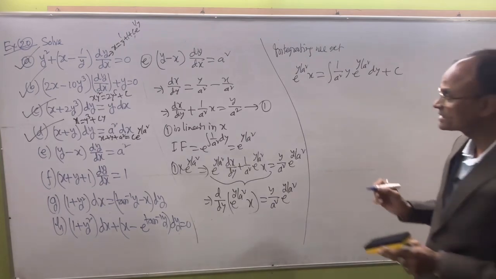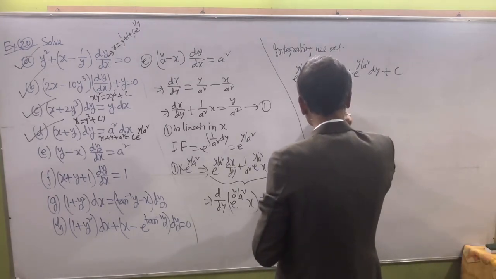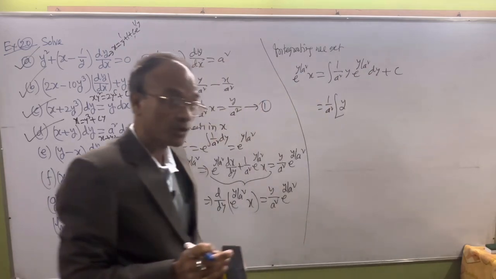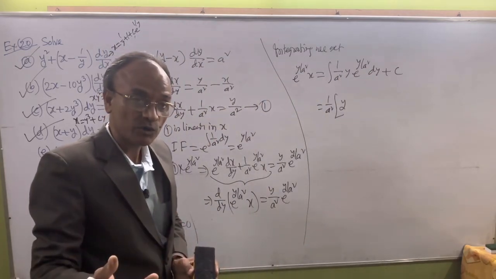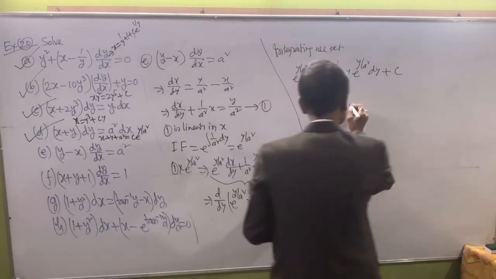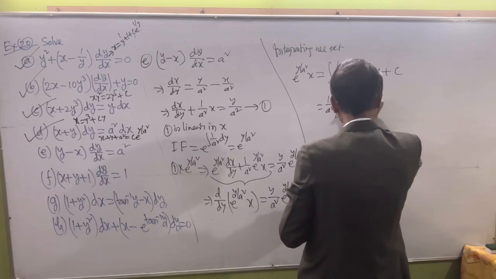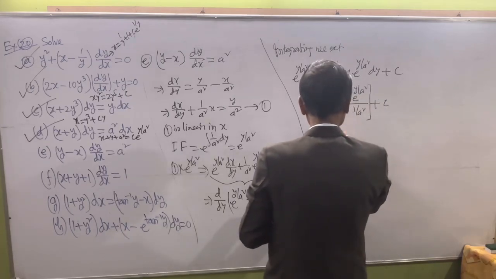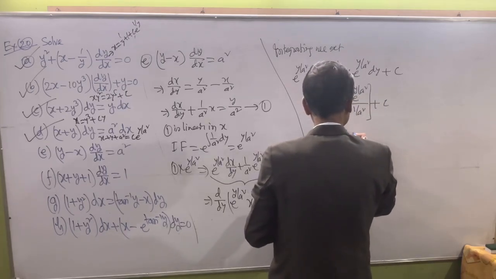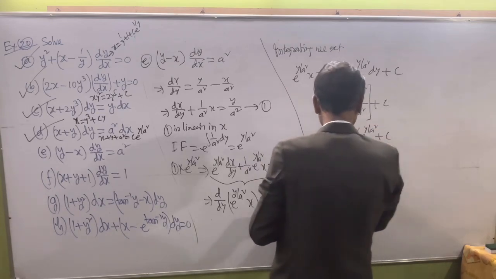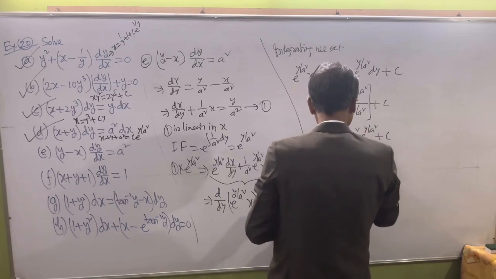This is equal to 1 by a square, first function this, integration of this, e to the power my. Integration of e to the power my is e to the power my divided by m. Therefore the integration of this is e to the power y by a square divided by 1 by a square plus c. This is equal to 1 by a square y a square e to the power y by a square plus c. This is equal to y e to the power y by